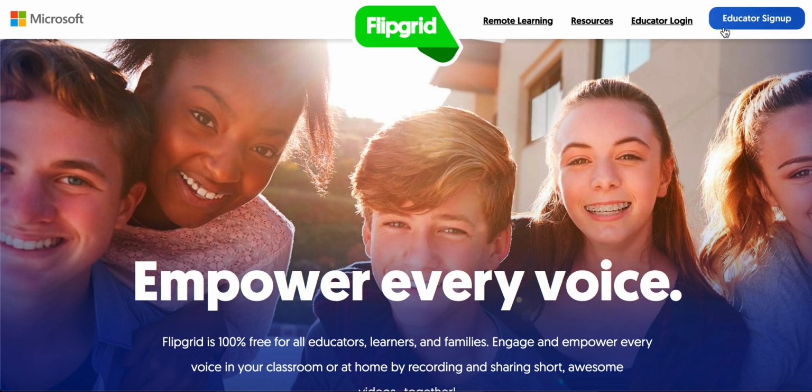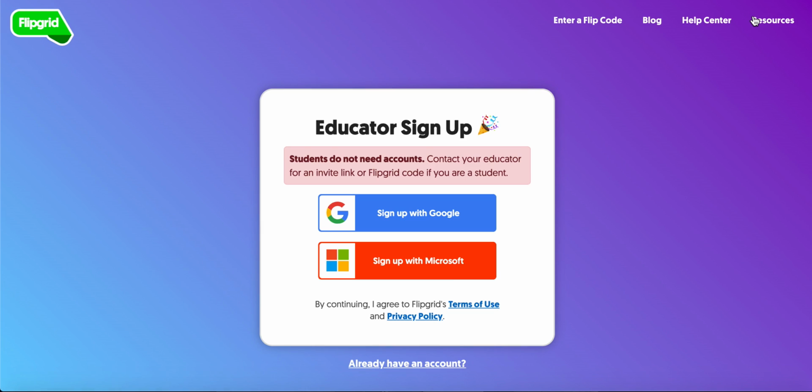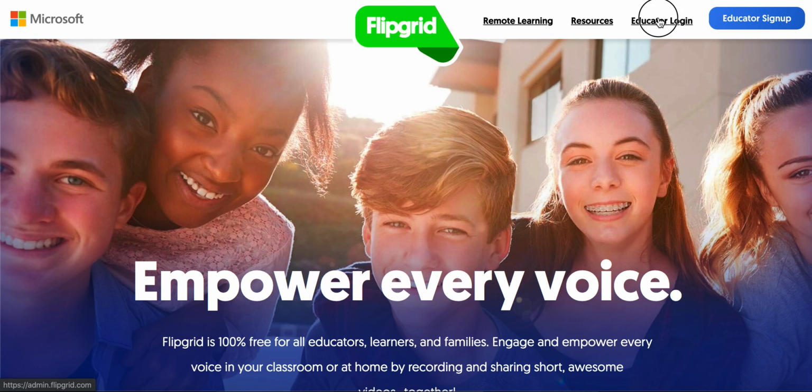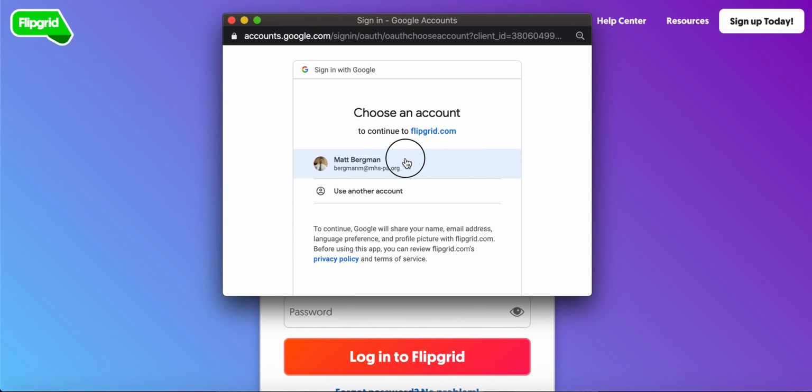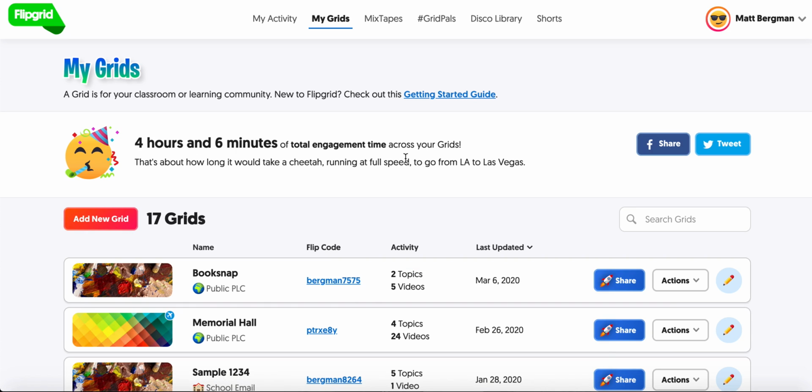So first thing you'd want to do is sign up for an account if you don't have one already. You can sign up via a Google account or a Microsoft account. Once you've created your account, then you can log in. So I'm going to go back and choose log in. I already have a Google account associated with this, so I'm just going to put in my information, and voila,